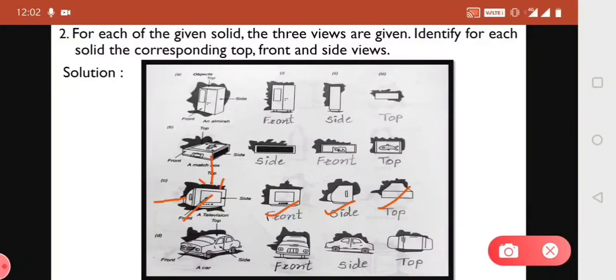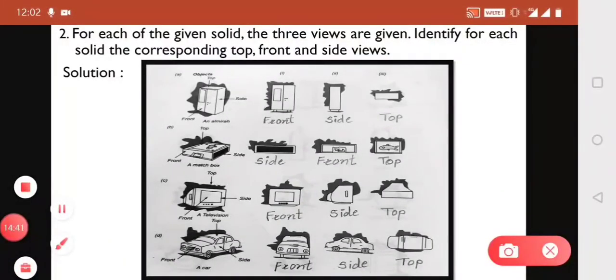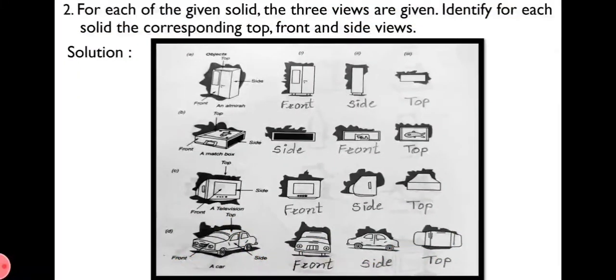Next, a car is given. Again I have explained the car, but once again you can see the first is the front part, so we have written it as front view. Second is given the 2 doors part, that is the side view, so we have written side. And third, you can look at the upper part of the car, so we have given it as top view. Yes. Questions number 1 and 2, solve in the textbook itself.